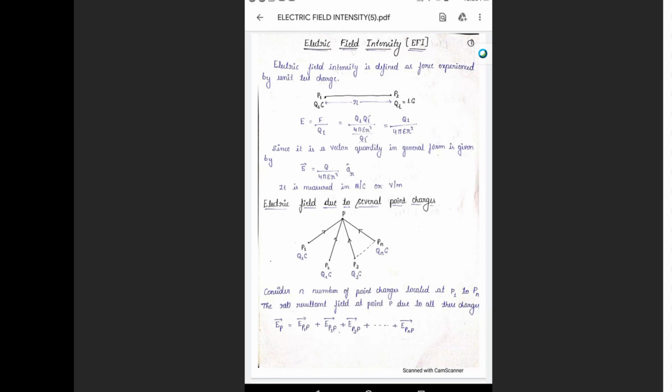Where you're calculating this electric field at P2, what is the charge placed? A positive unit charge, that is 1 coulomb, is placed. So like this, you can find the electric field intensity by considering the Coulomb's law expression F divided by QT. In general, what is the equation for electric field? It is Q divided by 4 pi epsilon r square into AR. Understood? So what is electric field in general? It is the lines of forces, or it is the force experienced by a unit positive charge placed at that particular point.